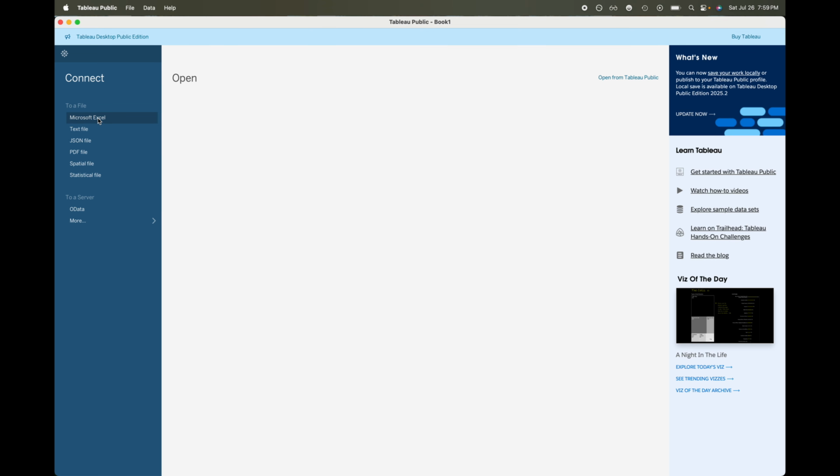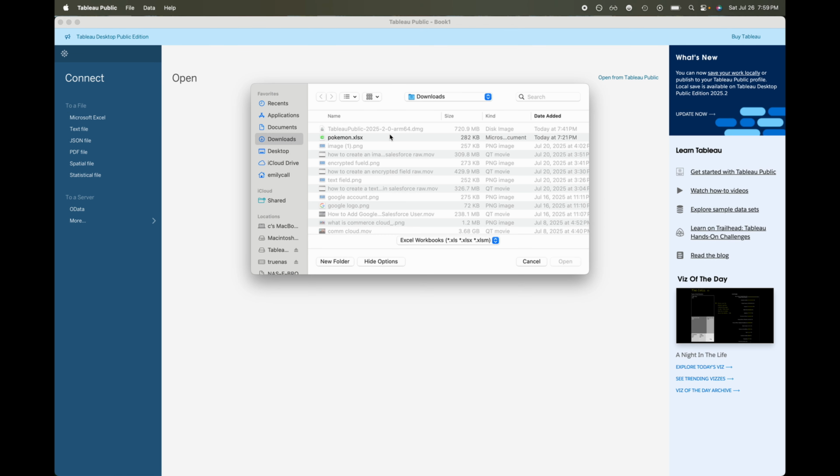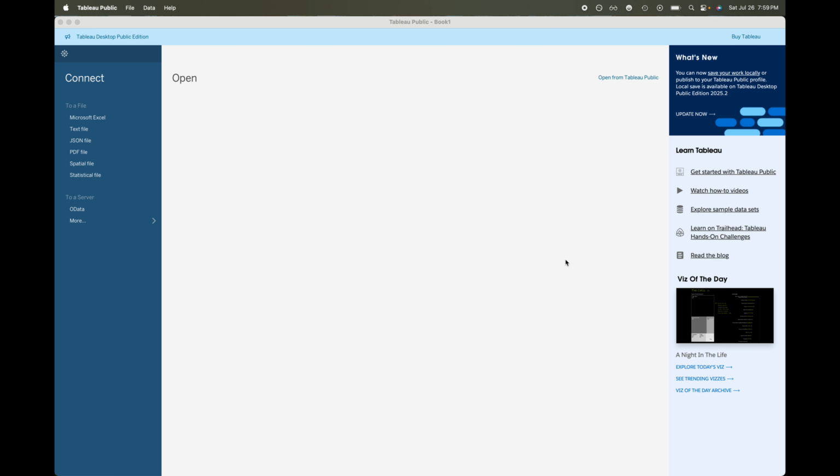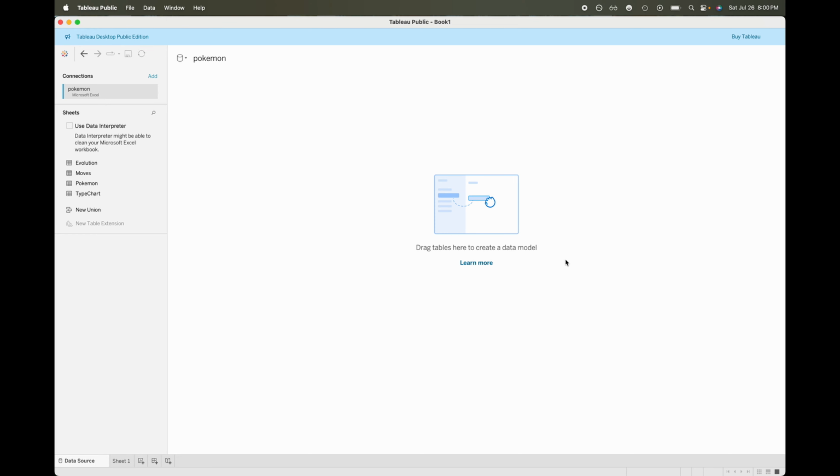So to upload this, I am going to go to Microsoft Excel. And then from here, I'm going to go to the file that has the data set that I'm going to be working with, and then I'm going to open it. Now, typically it shouldn't take too long, and then you should just be automatically directed into Tableau. So what I can do from here is I can go ahead and drag some of these